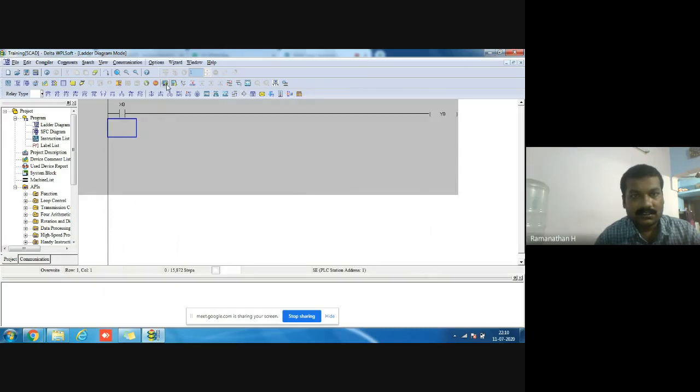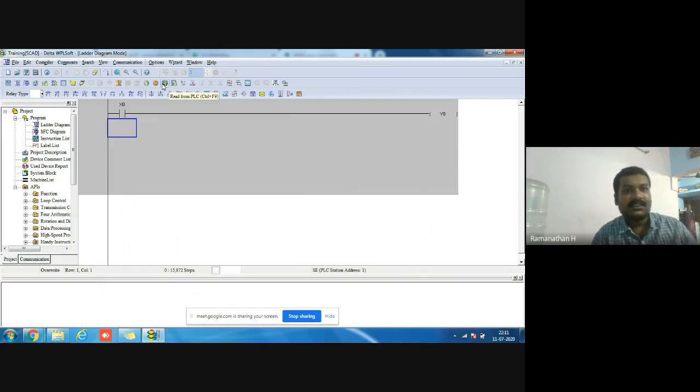Here an option is that this is the download and this is the upload. This is the download, write to PLC. This is the upload, read from PLC. Write to PLC means we write the program in the PLC memory. Read from PLC means some program is already there, and you just take the backup or read the PLC. But now we can't do this because the real hardware is needed.